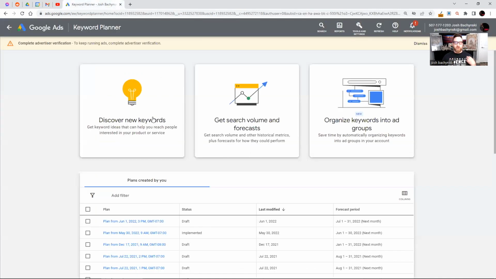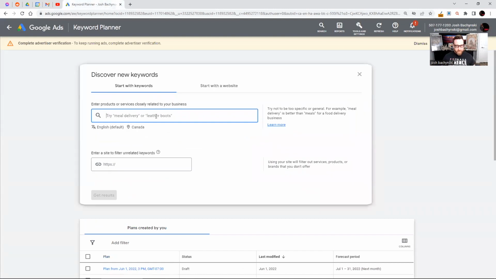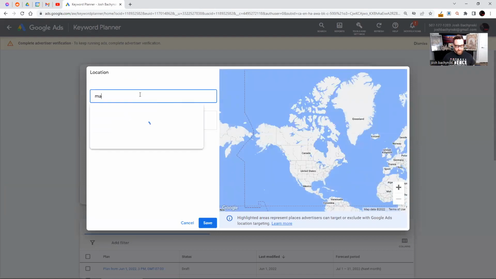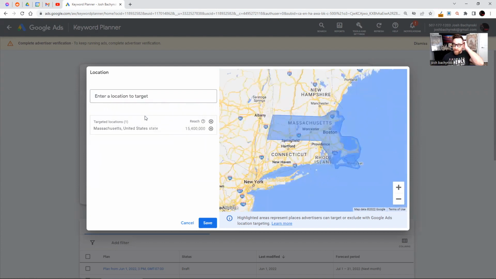When I come back here now to Keyword Planner, I'm going to discover new keywords, and I'm going to paste that in here: administrative, accounting, or talent acquisition recruitment in Massachusetts. And I'm going to say it's not Canada. The area is Massachusetts. That's the only area I care about, apparently. And I'm going to say save. Now, I don't know if he meant that there are people outside of Massachusetts who might be looking in Massachusetts. I'm just going to limit it to Massachusetts for now, just for the sake of an example.